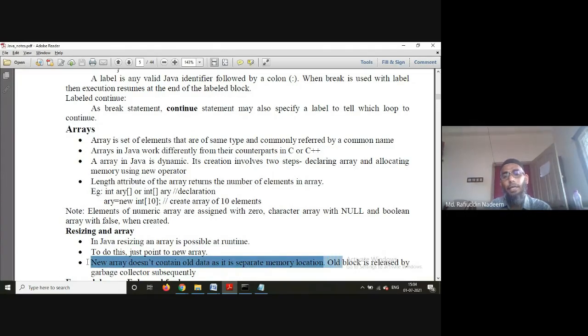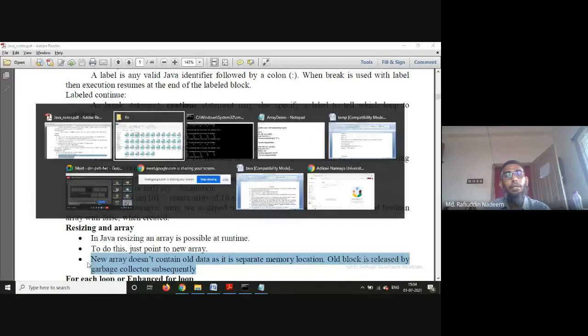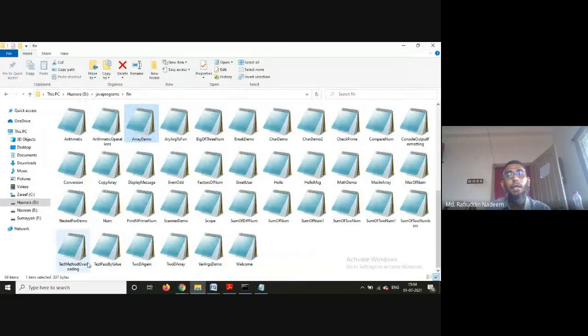So if you want to increase the size of the array, it will be increased, but the data that was stored is lost in Java. Whenever an array is resized, you are going to lose the data. But of course, at runtime, you can create a new array with the same name. Okay, next, what else can we learn in the case of arrays.